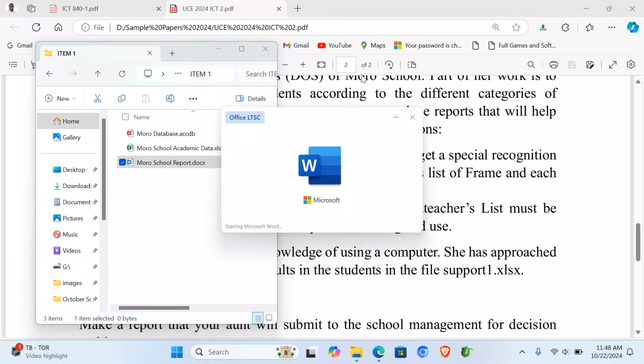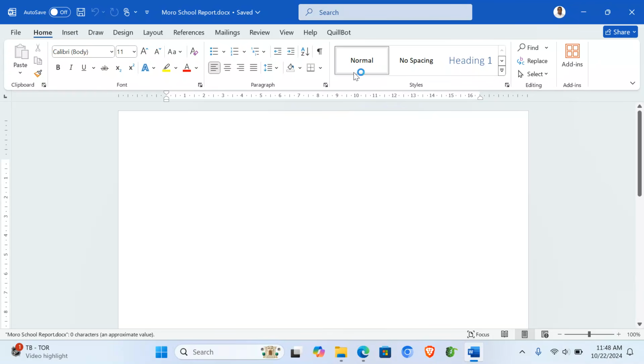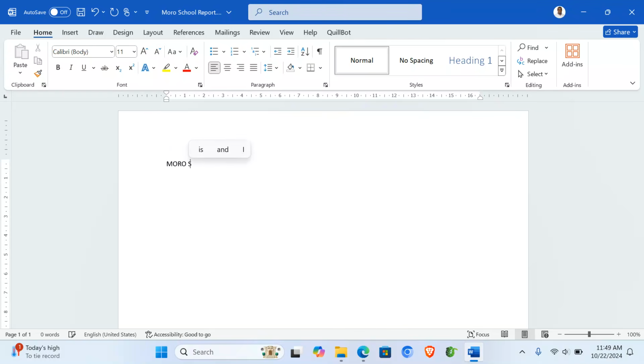So we open our report, and in this report, we are going to be creative and add some data the way we have generated it. So in this kind of report, we can give it a title. I can put a header, or here we start Moro School Academic Report